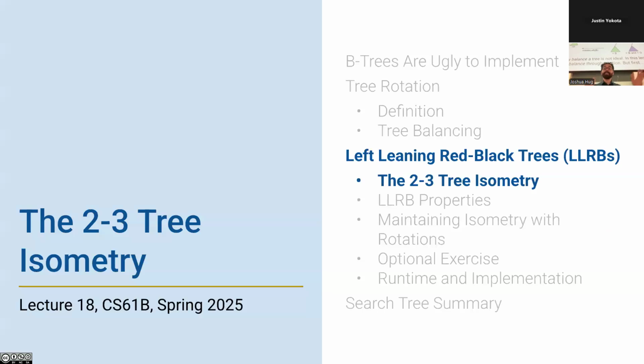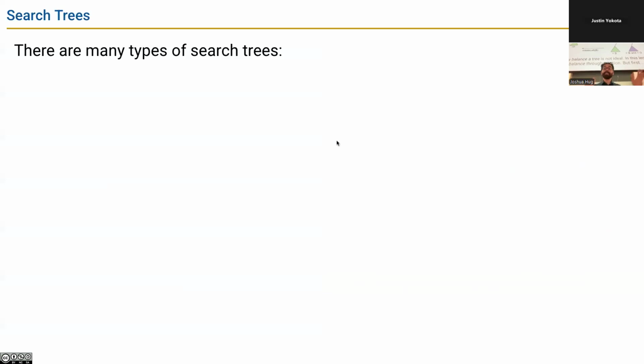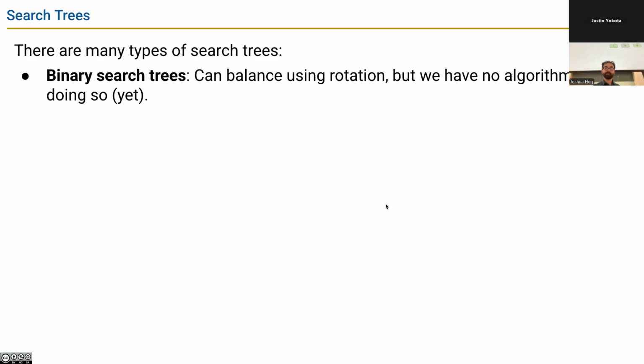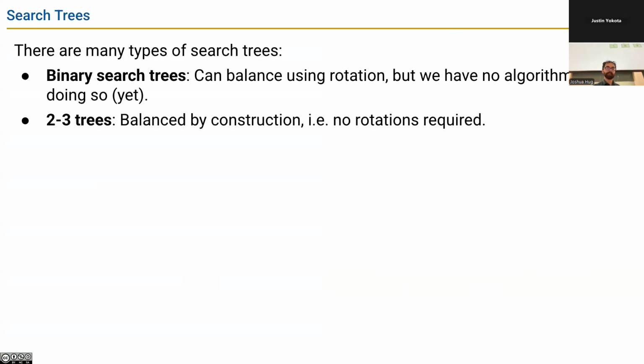So what does this have to do with 2-3 trees? How is rotation related? I'm going to introduce a new idea. Okay? So first, I'm going to say there's many different types of search trees out there. There's binary search trees, which you can balance using rotation, but we don't have an algorithm for it. And other classes may teach other algorithms, like there's something called an AVL tree that we won't cover. Okay? There's 2-3 trees, which is a different type of search tree. They're balanced by construction. You don't need to rotate. The add operation and the deletion operation are such that as you make changes to the tree,